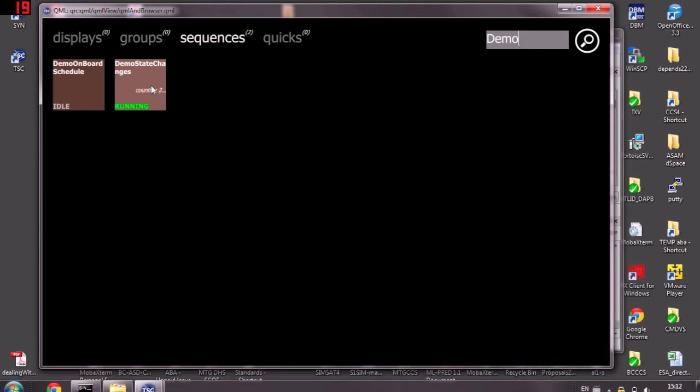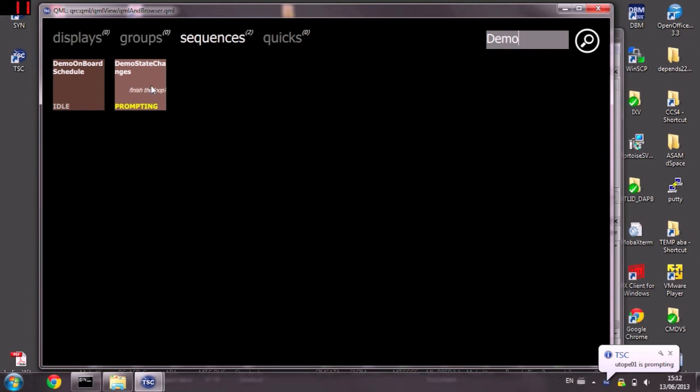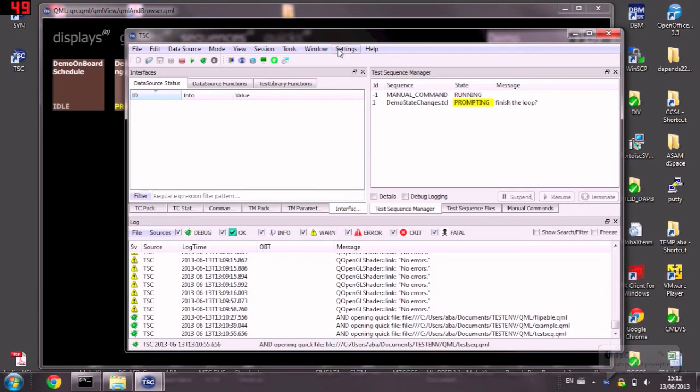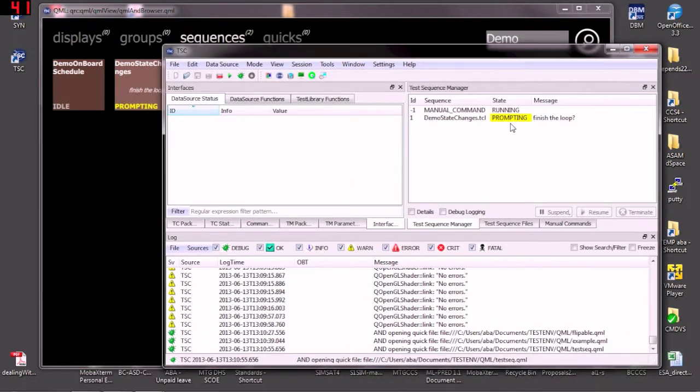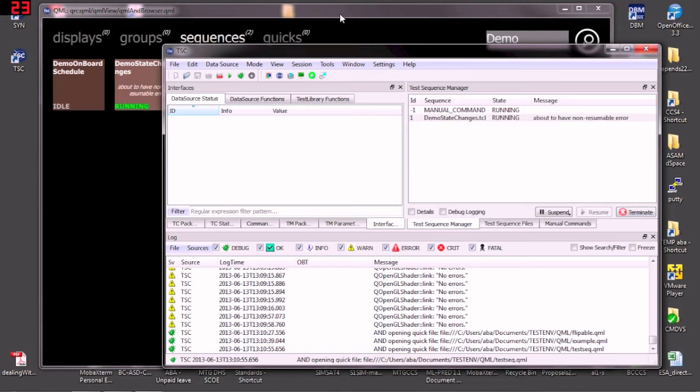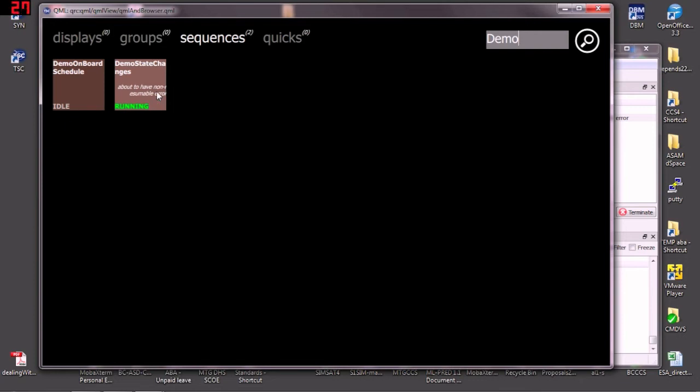Next it's going to a prompting state where it's asking us a question, finish the loop. And to avoid you getting too bored, I'm going to answer that prompt with yes, please do finish the loop. And out it goes, off out of the loop,